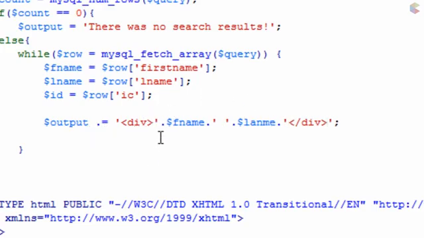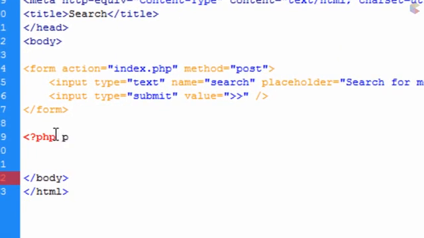Okay, so that's how we are going to print out this output. Now the last thing we need to do is just print out the output onto the page. So we're just going to do a PHP print down here, which then prints out the output on the page, like so. So now if we refresh this,